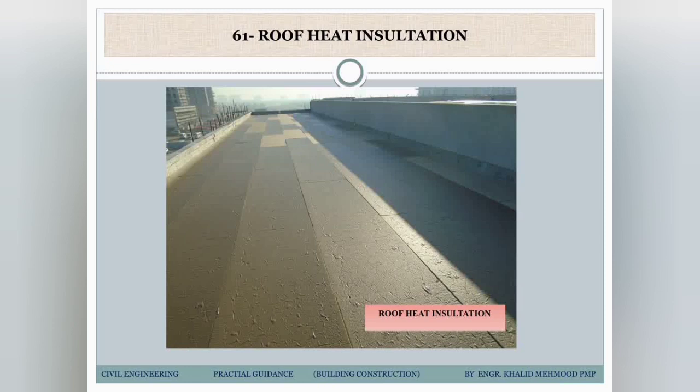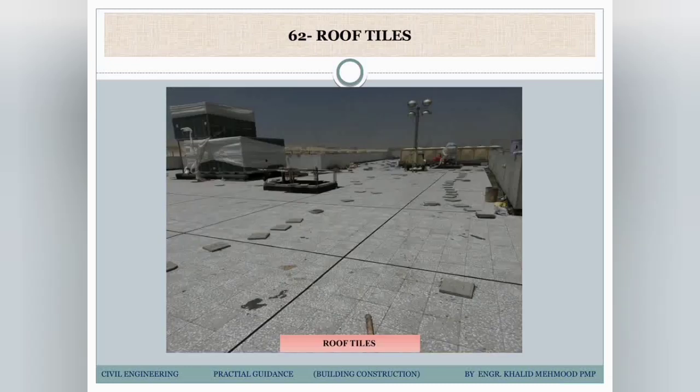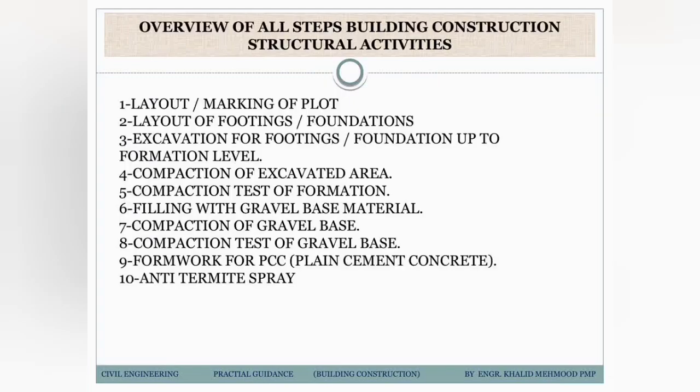So if it's okay, we'll remove the water and we put the sheet for the heat insulation, because it's in GCC countries, it's very hot weather. So on the roof we put the heat insulation, and lastly we will do the roof tiles. So our ground plus 2 building is done for all the structural parts. We did the structural works here.